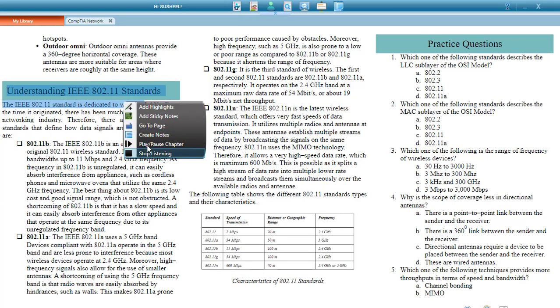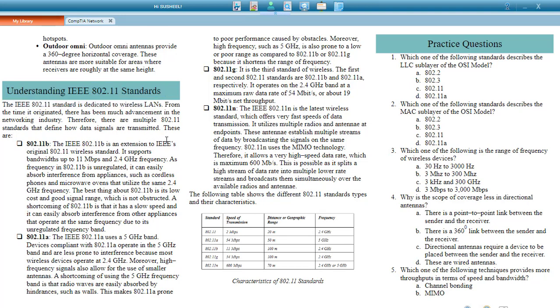The IEEE 802.11 standard is dedicated to wireless LANs. From the time it originated, there has been much advancement in the networking industry. Therefore, there are multiple 802.11 standards that define how data signals are transmitted. These are